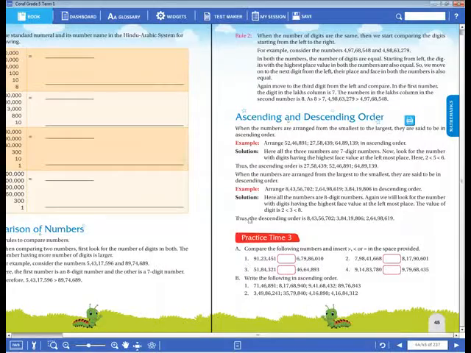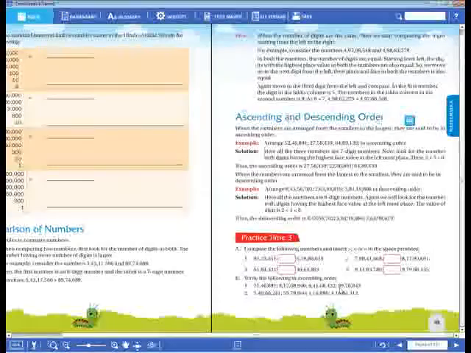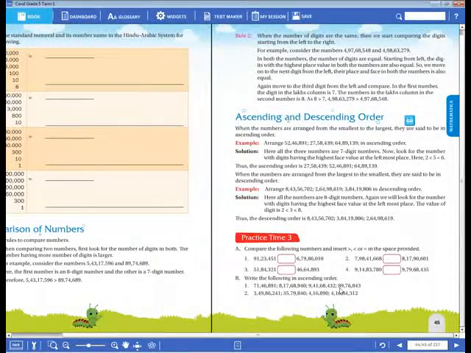First one is 91 lakhs 23,451 and the second number is 6 crores 79 lakhs 86,010. So which symbol will you give, dear children? Greater than or less than? Okay, later we can check, Rohit. First of all, we can go to practice time 3 here. First problem I have sent to you. Then which symbol will you give, dear children? Less than or greater than? I want quick answers from your side, dear children.